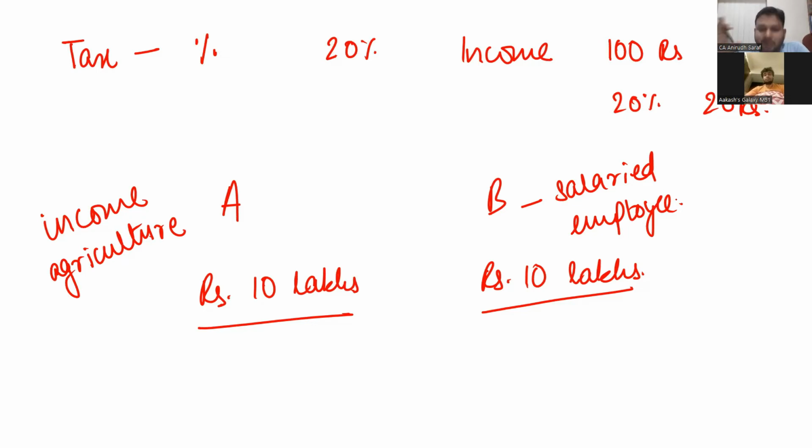So that is why it is not so simple. Two people earning the same amount of money, but not paying the same taxes. One is not paying any tax, the other is paying some tax, because the source of income is different. So the income tax can vary with the source of income. Different sources of income will have different kinds of taxation. Is it clear? Any questions?